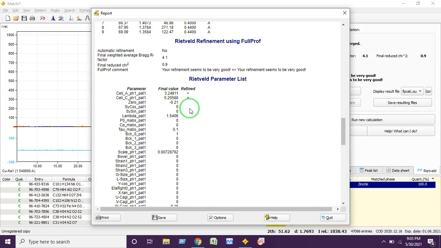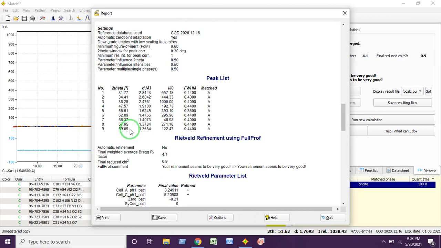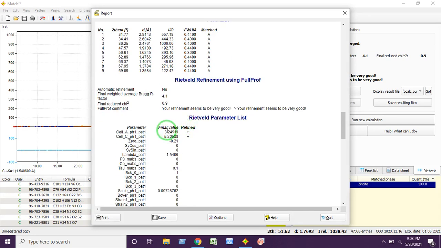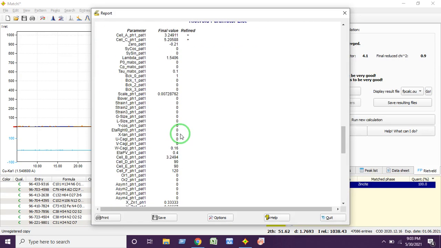There is a small variation in the lattice parameters, which is because of crystal imperfections. In this way you can get the position of characteristic peaks, the corresponding d values, relative intensity, the full width at half maximum values, and then the calculated a, b, c lattice parameter values.